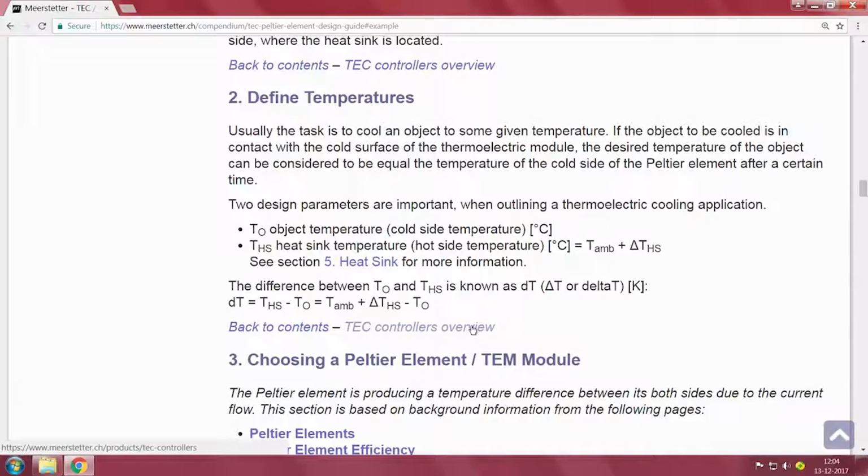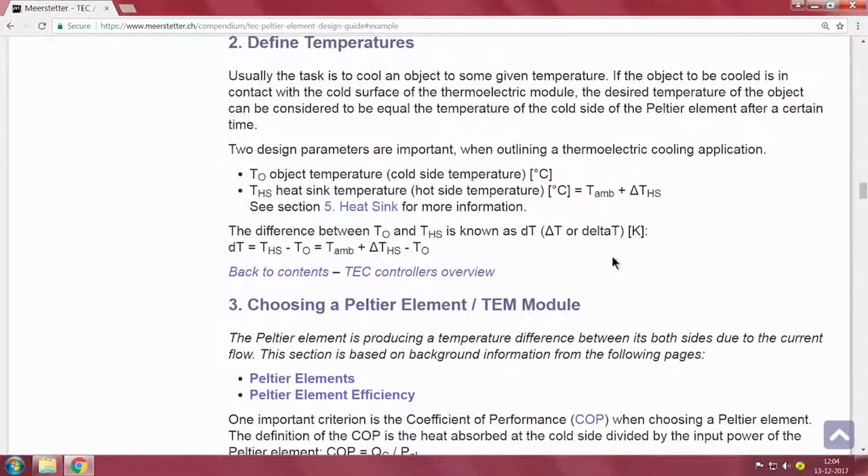The difference between TO and THS is known as the delta T, and see, suddenly we end up with this also. Ambient temperature, delta T, minus the